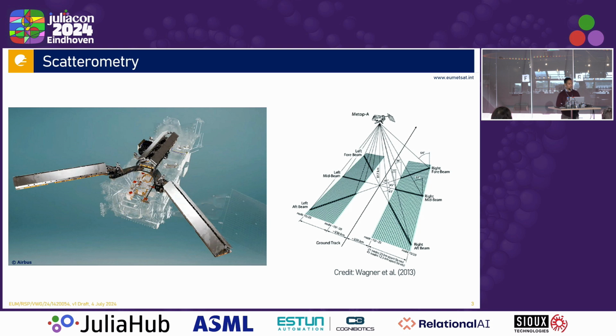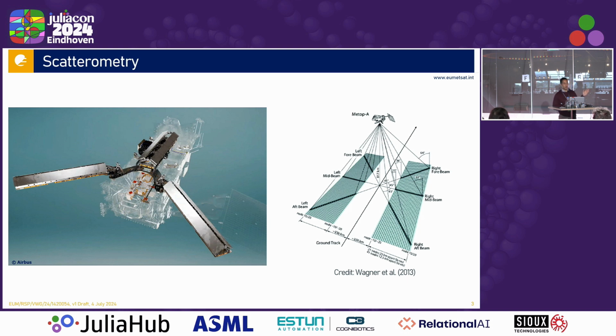Here we have on the screen, there's no mouse, but it has 3 arms, and each arm has two antennas. So we have 6 antennas in total, and these radars send microwave pulses down to the side, and then we get a reflection back. And we use the 3 antennas on each side to image 2 swaths, where we get 3 observations for each point.